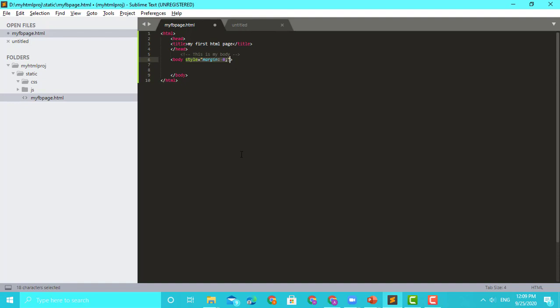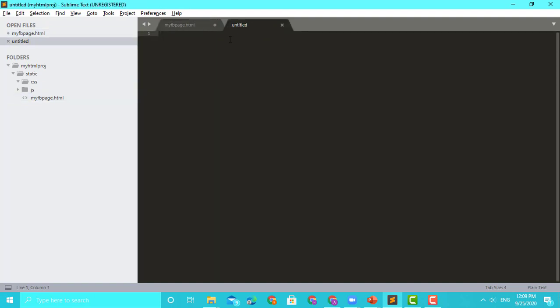So what I am going to do is create a class. Let's say I want margin 0, I'll call it M0. Wherever I give M0 to any element, it should be margin 0. So now I'll go back and create a class. In CSS we have different things. I can say div, or let's say body. I can say body, margin 0. Right. So let me save, Control S.